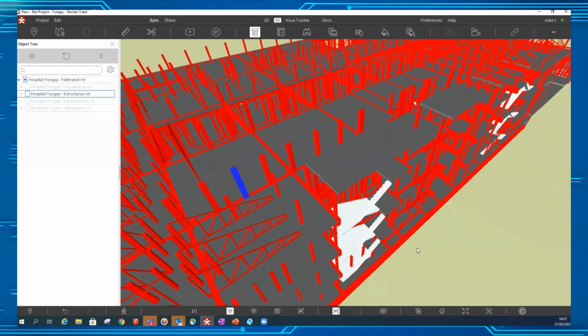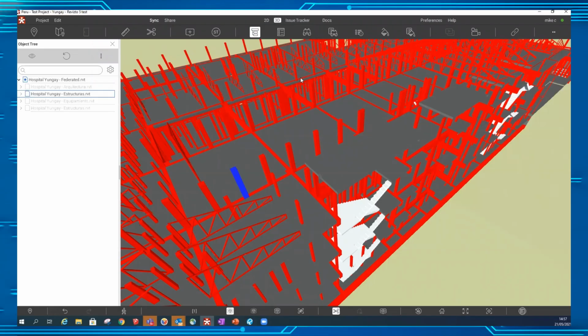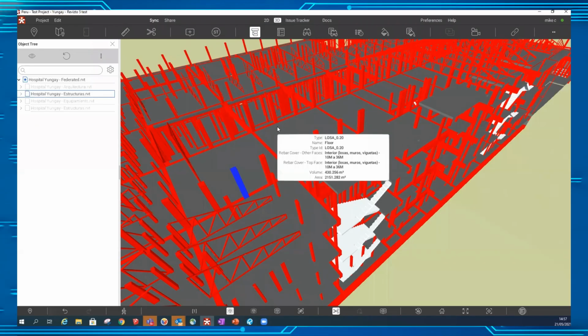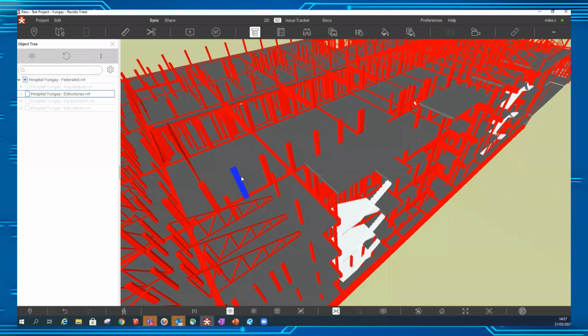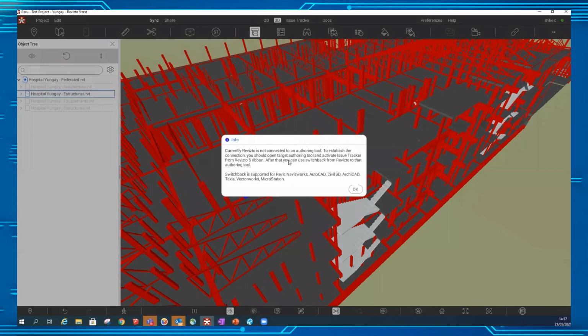And this is not really something I think we'd do as reviewers, but if, as the contractor, I was working in Revit, then you can integrate Revit and Revizto so that you can raise an issue in Revizto, and you could, using this switchback, if it was connected to Revit, that would open